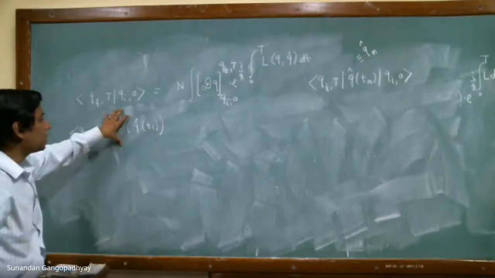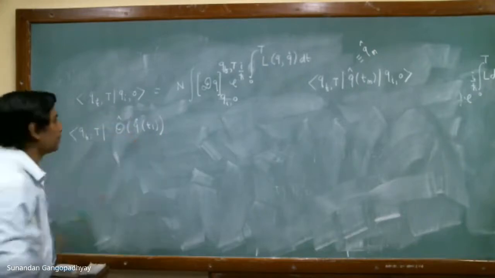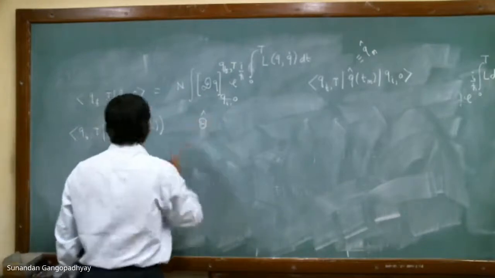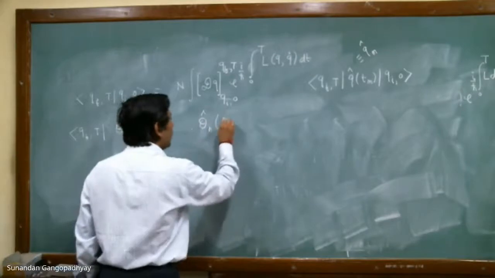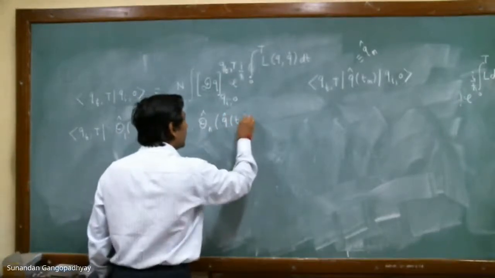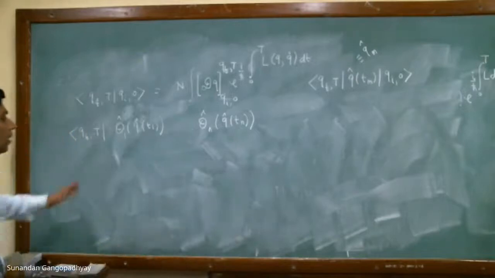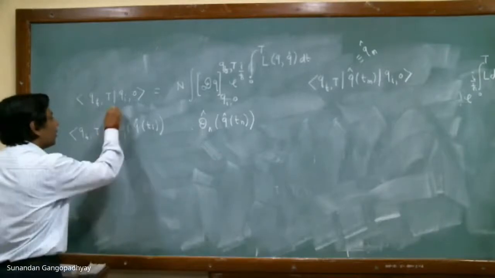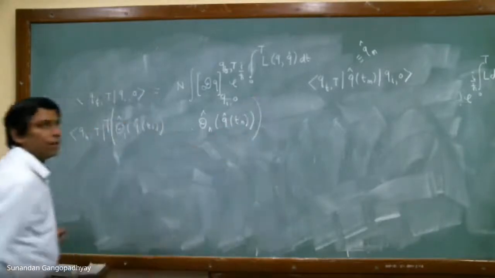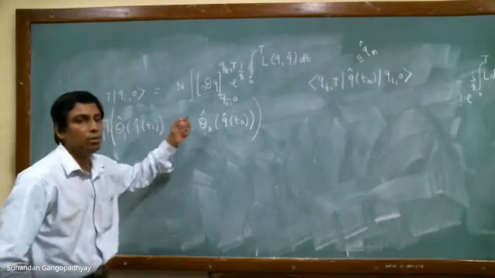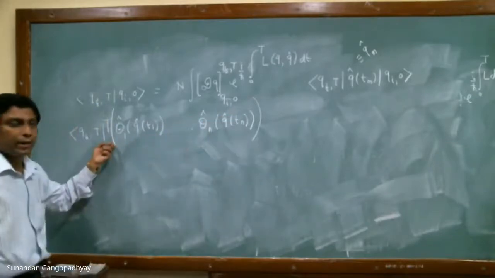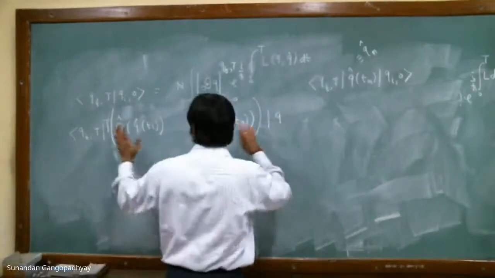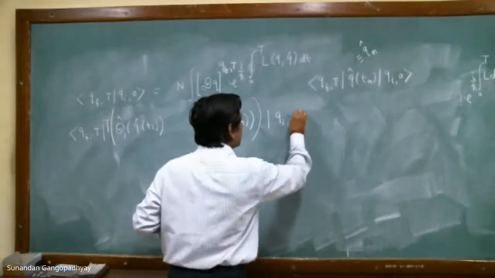So these are operators which are functions of these operators. And suppose we have a string of such operators, a product of such operators. So this is O1, this is On. And as I mentioned, whenever you have a product of operators defined at different times, you must have a time ordering of them. Otherwise, it does not make sense. It makes sense if you say that T1 is greater than T2 and so on. But if you put a time ordering operator here, it means that it is already ordered in the correct way. And you take a matrix element of this string between these two states.